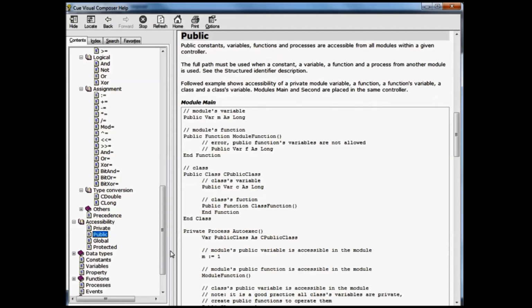Public function will be used if you want the function or variable or constant in a module to be used in another module in the same device. However, if the function, constant, or variable has been declared